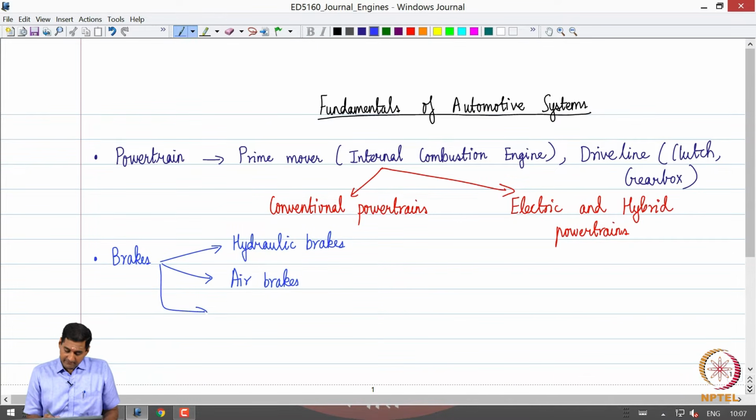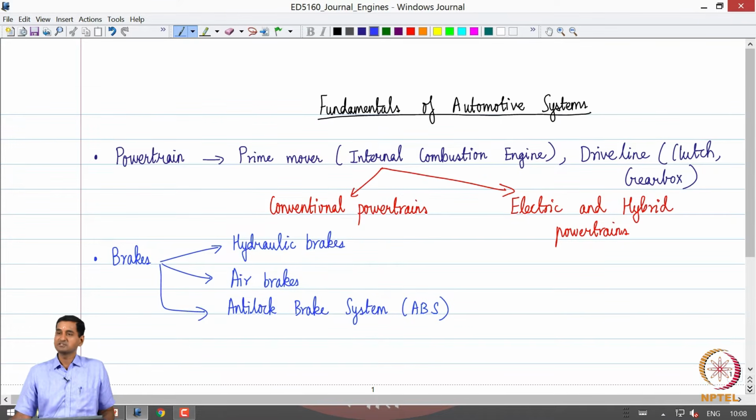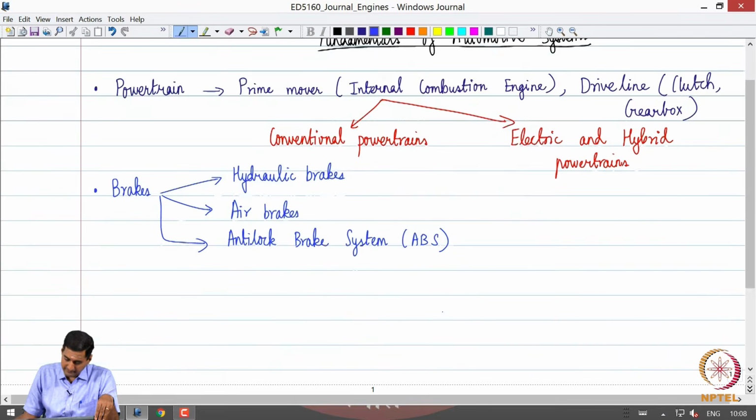We would also look at concepts behind how the brake system performance affects vehicle stability, and that will motivate us to learn about anti-lock brake systems, okay, abbreviated as ABS. Okay. So, we will also look at the philosophy behind ABS, how does it work, how is it realized in practice, and what are the critical aspects that an automotive engineer should be aware of as far as its operation is concerned. That is also something which we will learn.